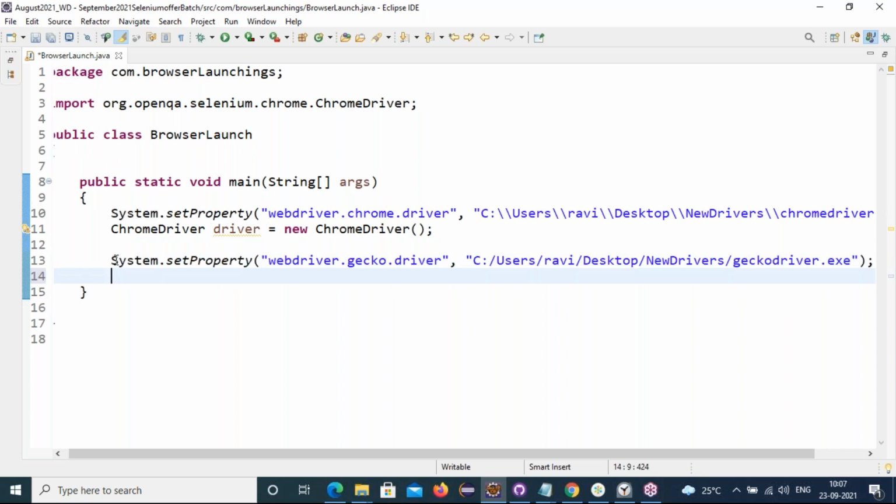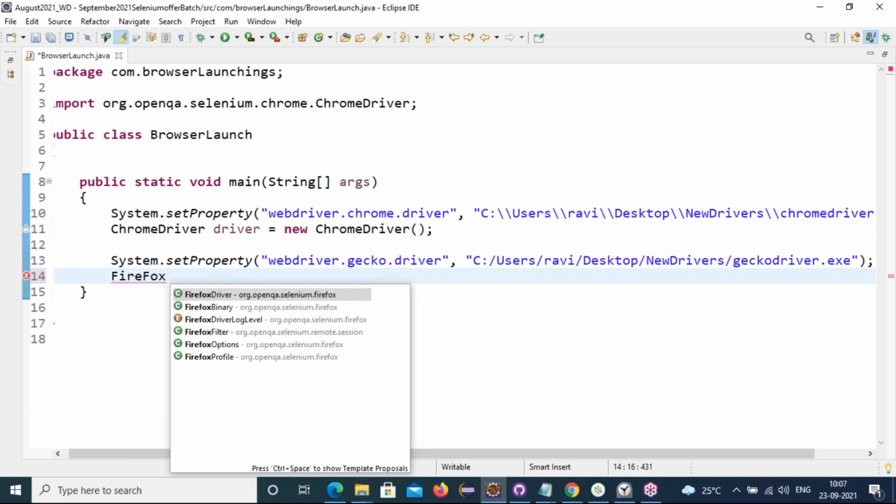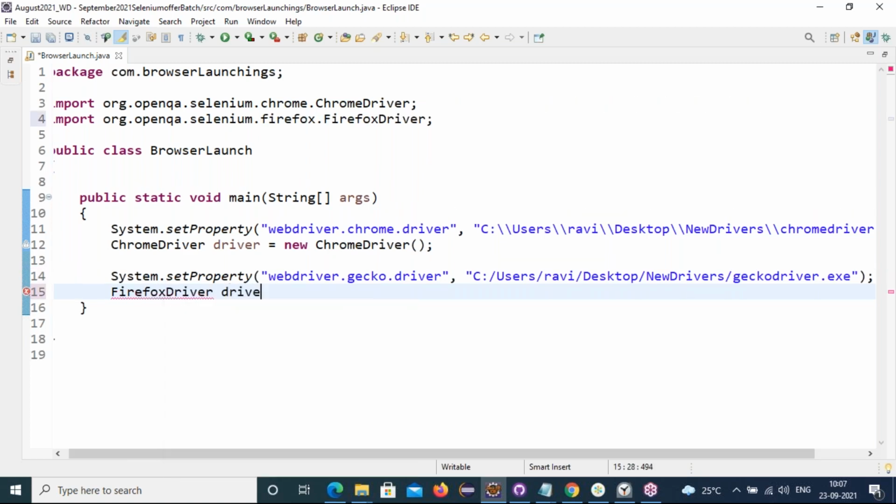Next, what to do? We must create an instance of the Firefox driver class: FirefoxDriver driver1 equals new FirefoxDriver.